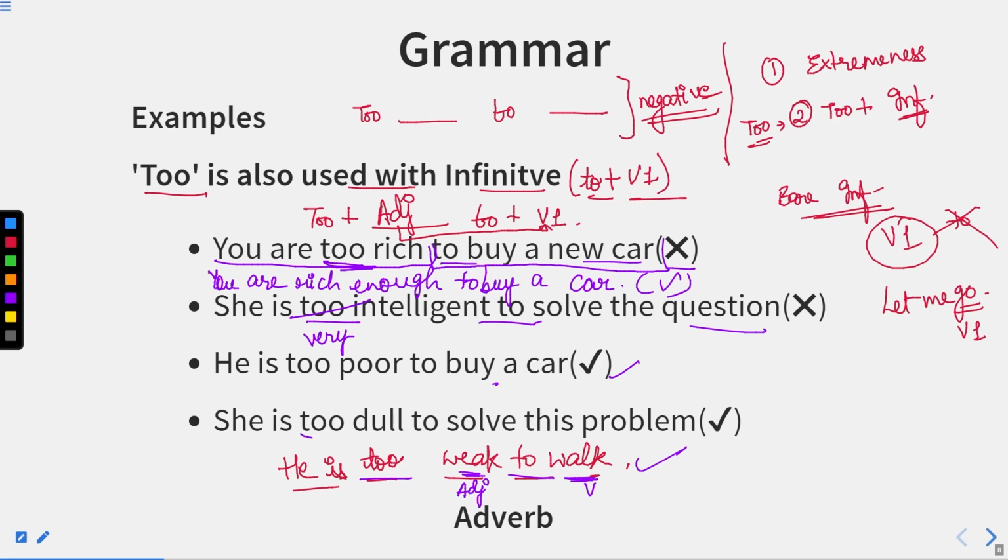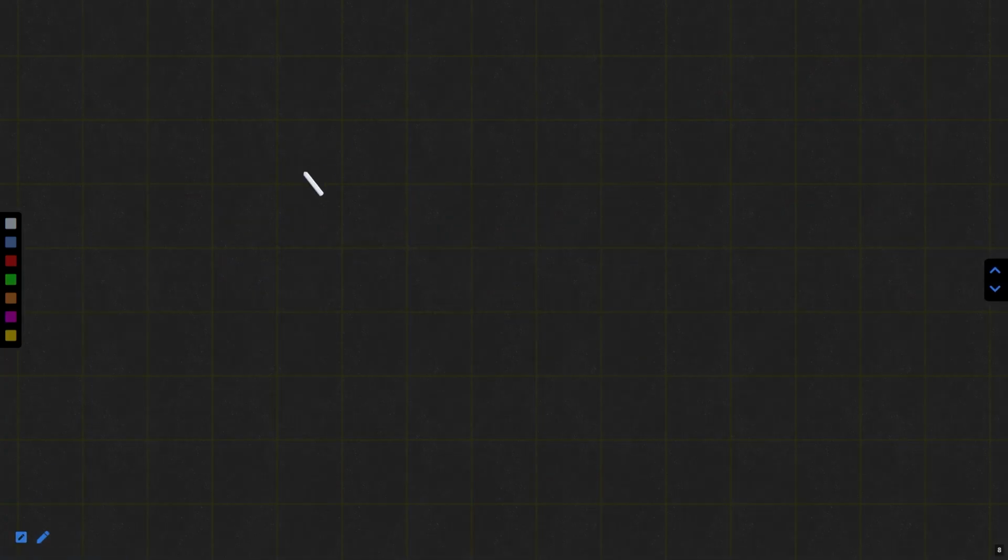Therefore, here 2 is absolutely correct, and the 2 and 2 structure is also correct. So the 2 and 2 structure, let me tell you this. If I'm using 2 and 2, that can only make the sentence negative. So we should apply those qualities that are unpleasant and that will not enable a person to do that particular work. So whatever adjective I'm using over here, it should be unpleasant to do this work or to do this